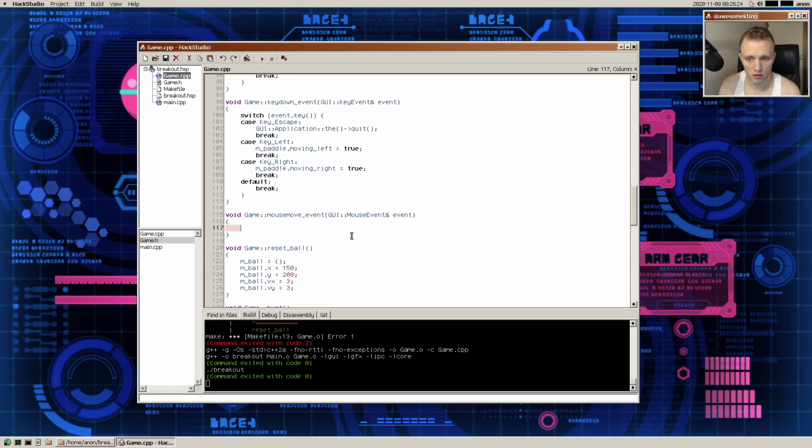So set x is, or let's see, new paddle x would be event x minus m paddle width divided by 2. And then